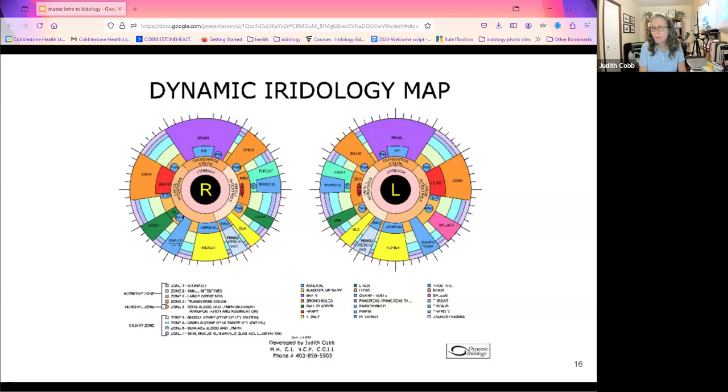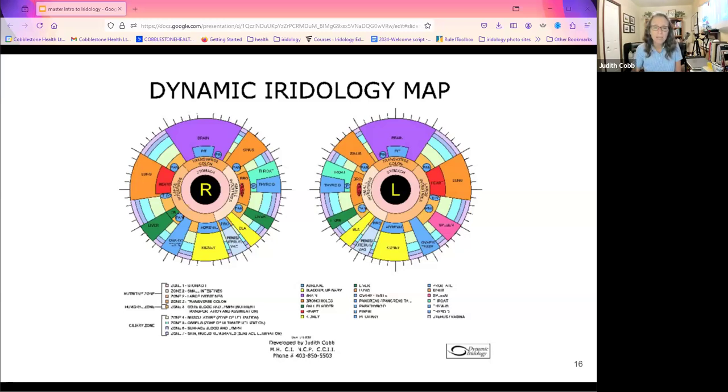This is the iridology map we use. This is one that is based on the work of my instructor, Bill Caradonna. It had not been updated in a few years. The foundation was about 35 years old. And about 20-ish years ago, I approached Bill and said, there's been research, and I know you're busy, you don't have time to update it. Do you mind if I base a chart, an iris map, on your work? And he was delighted that I wanted to use his work as the foundation. So we've added the refinements of the last 2 decades to the iris map.